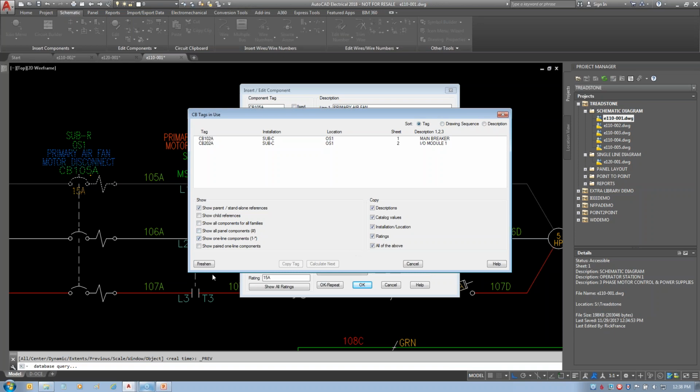You would basically check that, hit freshen, and there's the one line components that are on the other drawing if they were not already connected. Since they're connected, I won't see that. But yeah, you would just create it on the one line side, then over here, and it's going to copy that same information. The only difference in that is normally,